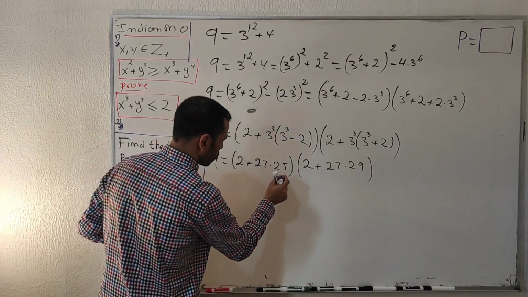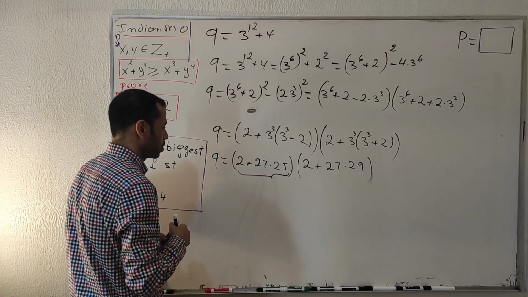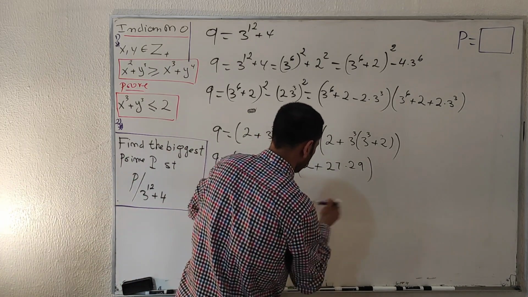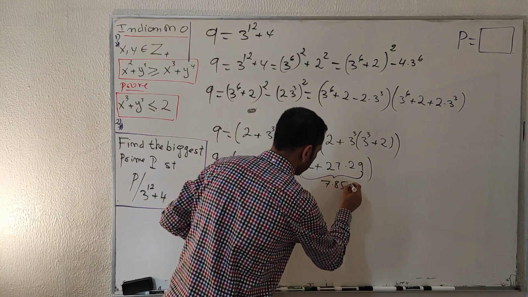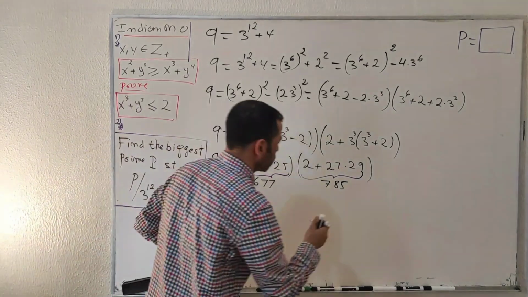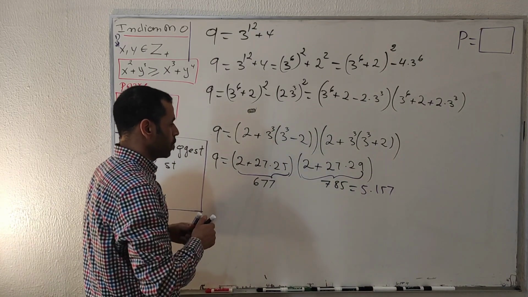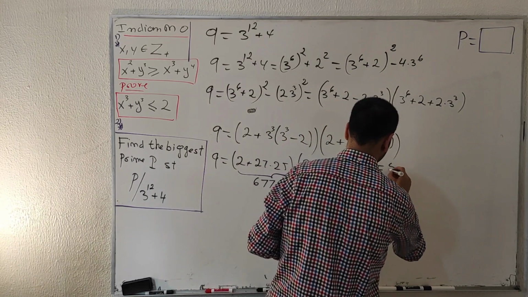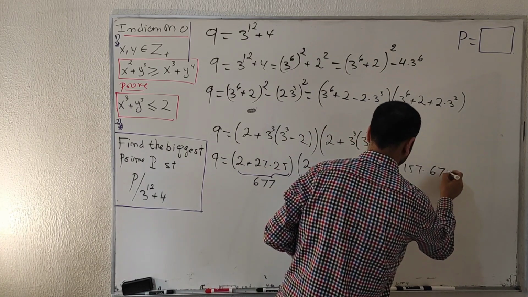So if I calculate this one, it is given as 677. This one is given as 785. Okay. So this 785 is the same as 5 multiplied by 157. Now I will have a prime factorization of 5 multiplied by 157 multiplied by 677, which equals